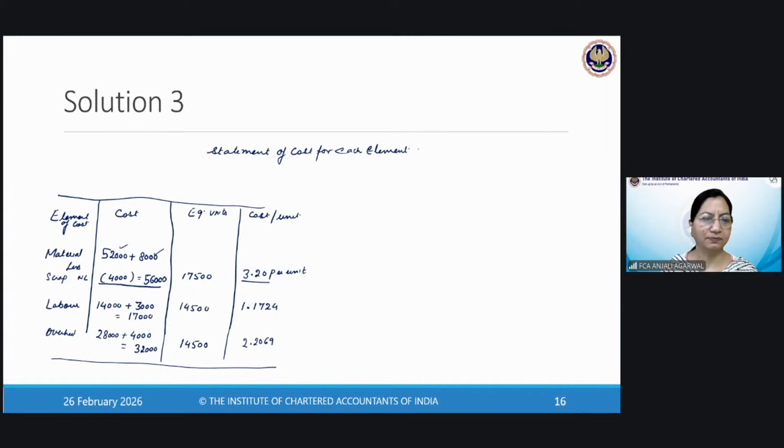So this will be 52 plus 14 plus 28, which is 94, plus 15 of the opening WIP, minus 4,000. So 94 plus 11, that is how you're getting a total cost of 1,05,000. When you divide it by the equivalent units, which we have just calculated, you will get the cost per unit for each element, which you will